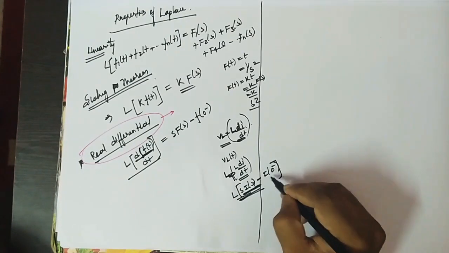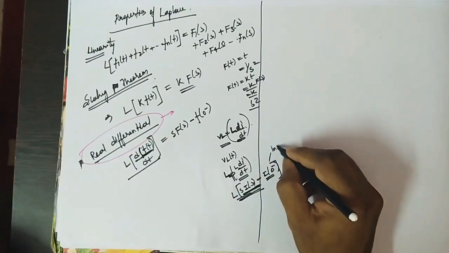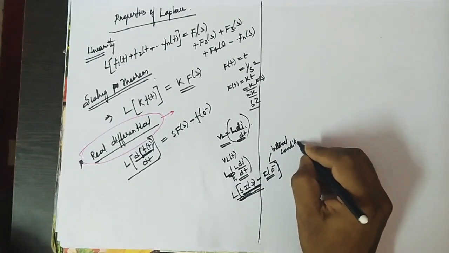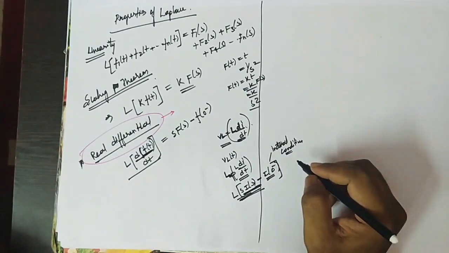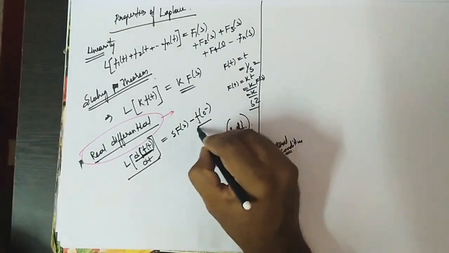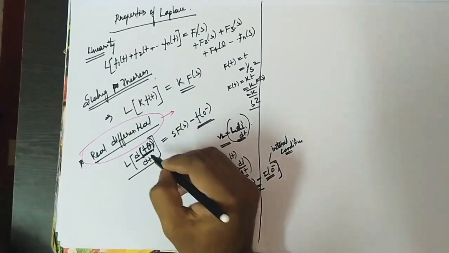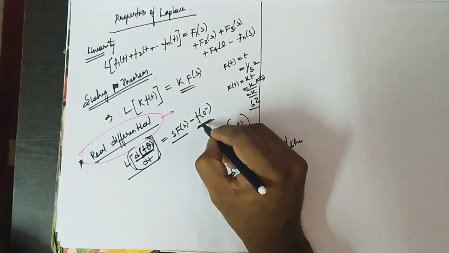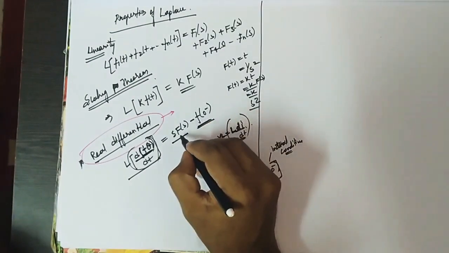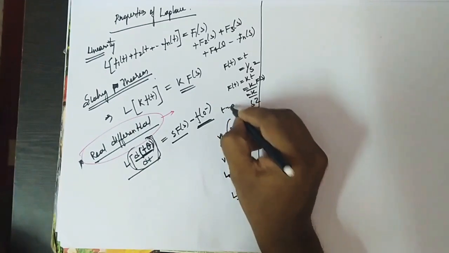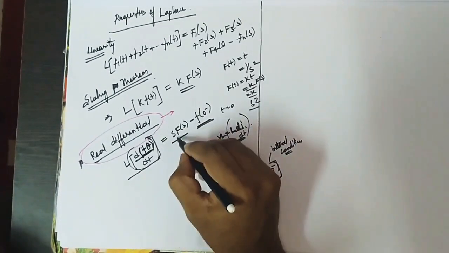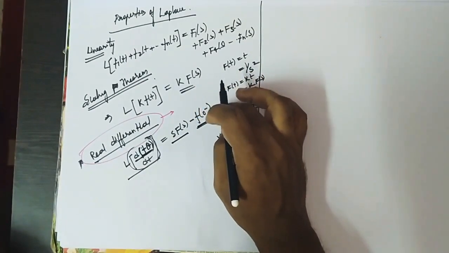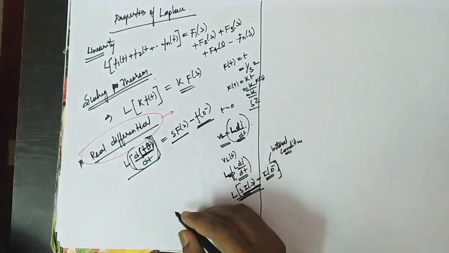So f of 0 minus, here I of 0, means initial condition. Slowly you will understand, don't panic. Slowly I'll take you people into the subject. So the function is f of t. You are taking the Laplace transform of this differential equation, that is s into F of s minus f of 0. So this is what you do at time t equal to 0. At time t equal to 0, this function needs a Laplace of s into F of s minus the initial condition. Okay, you need to observe this.